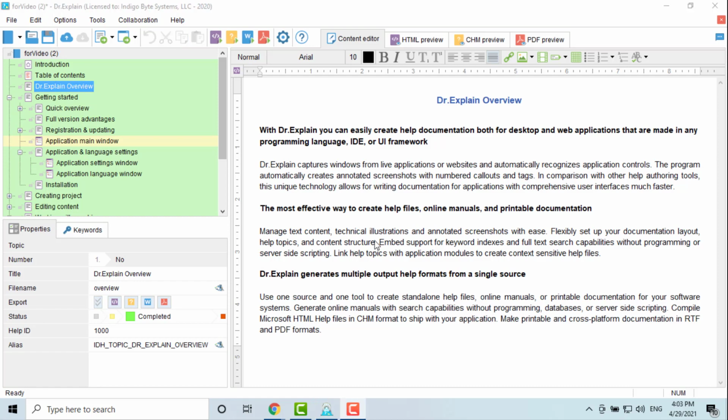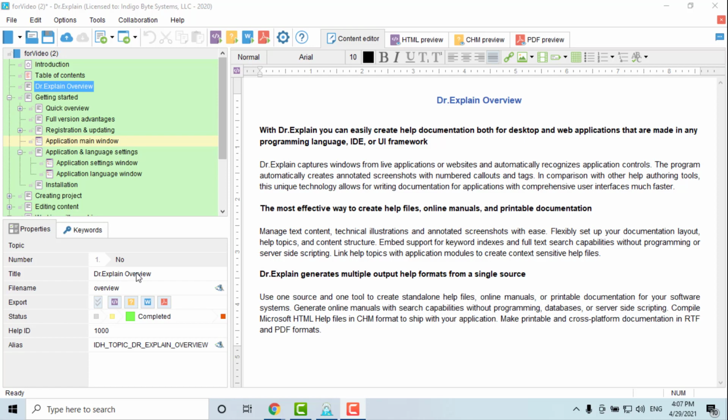In the Properties pane, you can control the status of the topic. It's easy to mark topics in the project tree with statuses based on their completeness. Color coding gives you a clear picture of the readiness of the entire project. This is useful when working with large projects. The topic status can be easily changed in the Properties pane, or through the drop-down menu, where you can set the status not only for the selected topic, but also for all its subtopics.